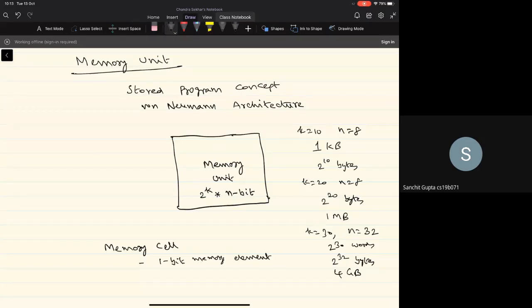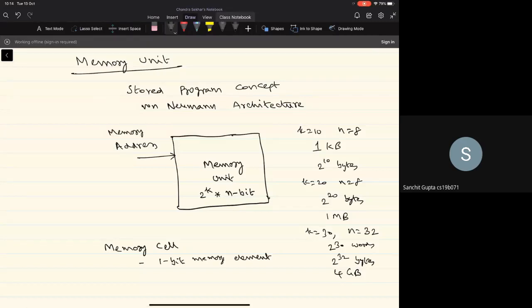Irrespective of the form of the memory cell, the operations that need to be performed on the memory unit are basically the read and write operations. And how do we access the content of a memory location, either to perform the read or write operation? Like what you have done in the case of the register file, we have to give the address of the location where you want to perform the read or write operation. Typically this is referred to as the memory address.